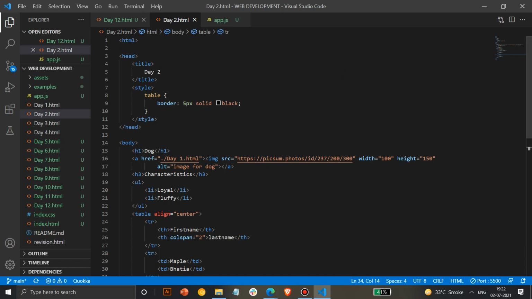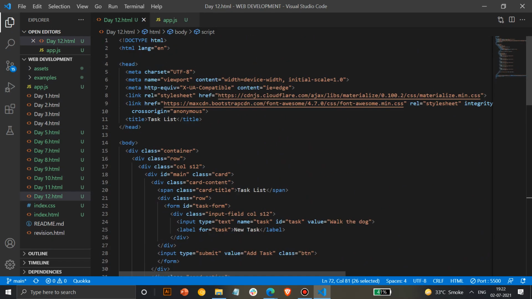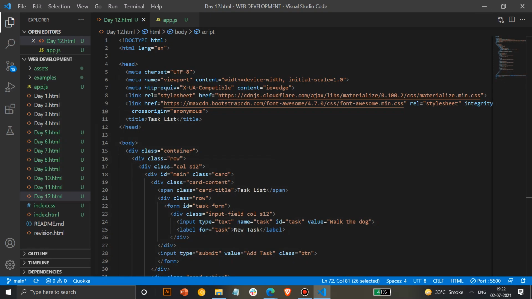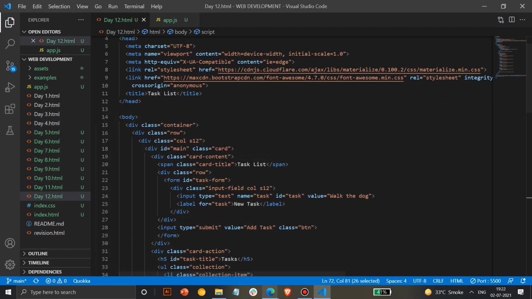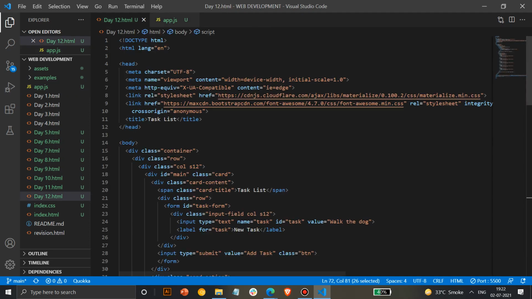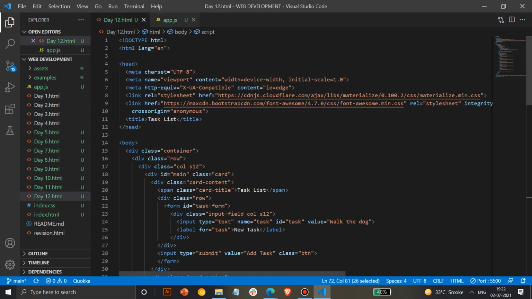I'll give you a hint. It's present here. Okay, now you can see the output. If I do 0, then what will be the output now? Tell me. Just guess, guys. It gives the first element of the file. Okay, yes, that's correct. It will give the first element of the collection.